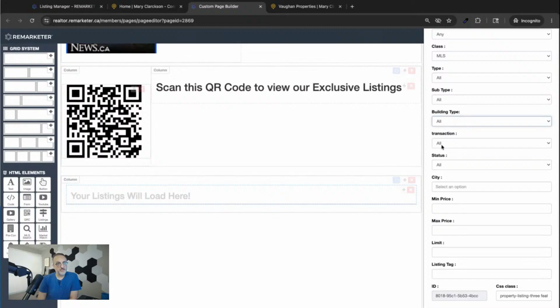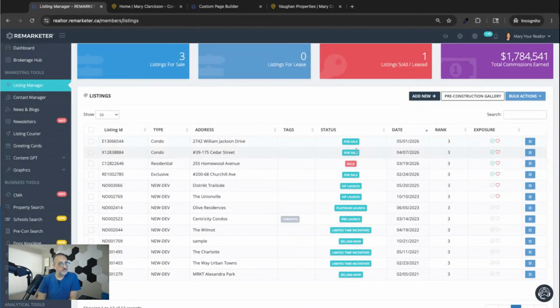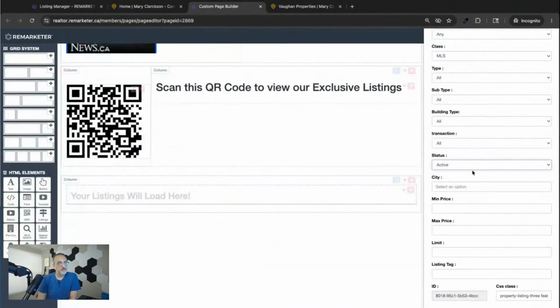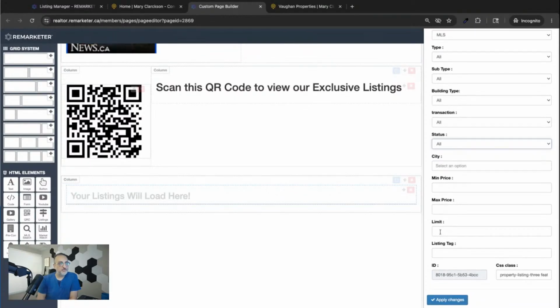You can select the transaction. So are you looking at sale properties or lease properties? You can also select whether the property is active. So if you look at this, these are active, so these are for sale, or the property is sold or leased if you select this combination right here. Okay, so you want to show sold properties, or active properties, or all properties. Then again, you can filter down by city, minimum price, maximum price, and this limit tells you how